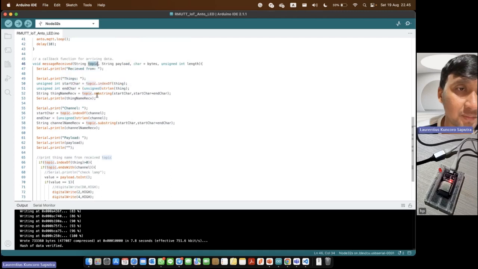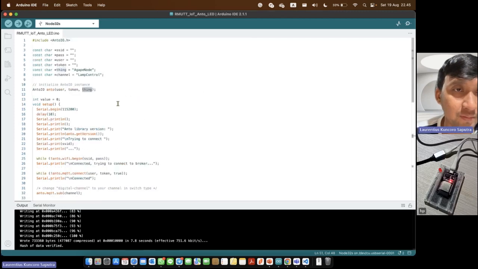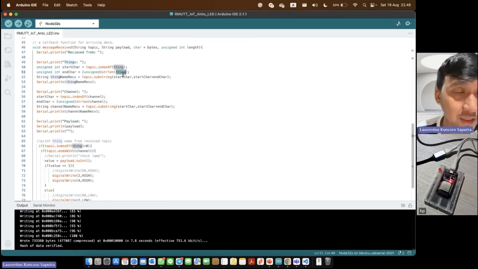So we start parsing the things, and we can put the length for the things length. This variable comes from the declaration at the top of the code. So we can get the things name received in this block, and print the things name received.